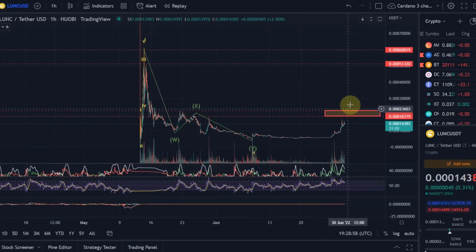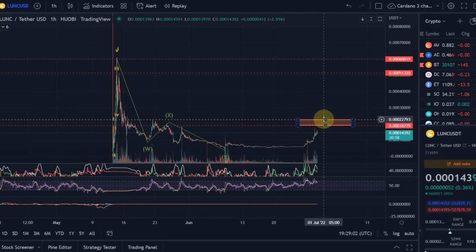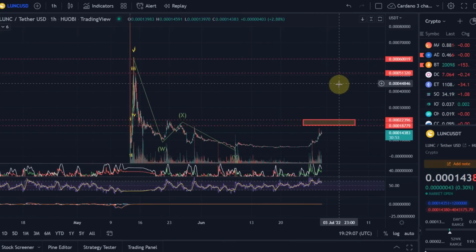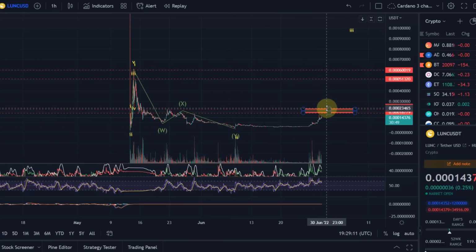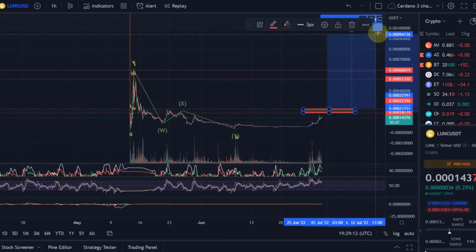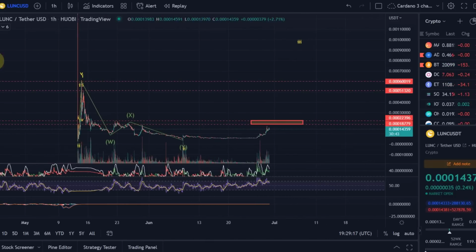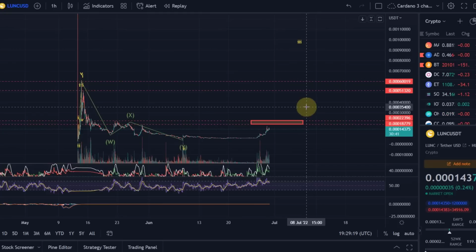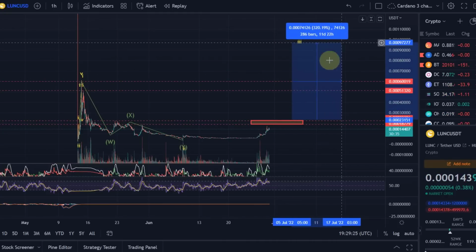If it gets broken, this could of course be traded. Now, no financial advice, but this could be traded. And this would be a good indication that we indeed are in the wave 3. And bear in mind, if we really are in a wave 3, even if you wait for a breakout above the resistance level, there would still be a profit here of how much? Let me just double check. A profit to at least the target here, the 1.618 extension, would be possible of 320%.